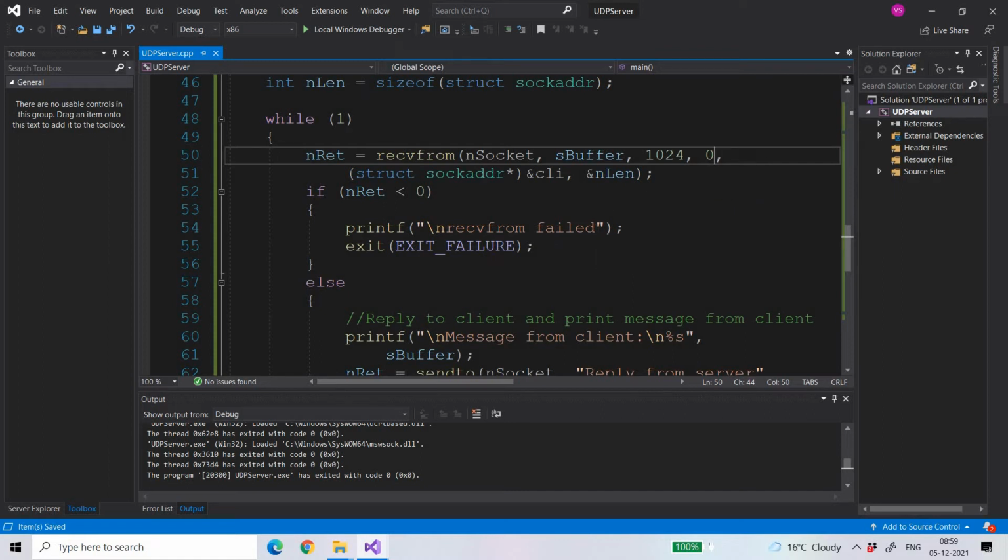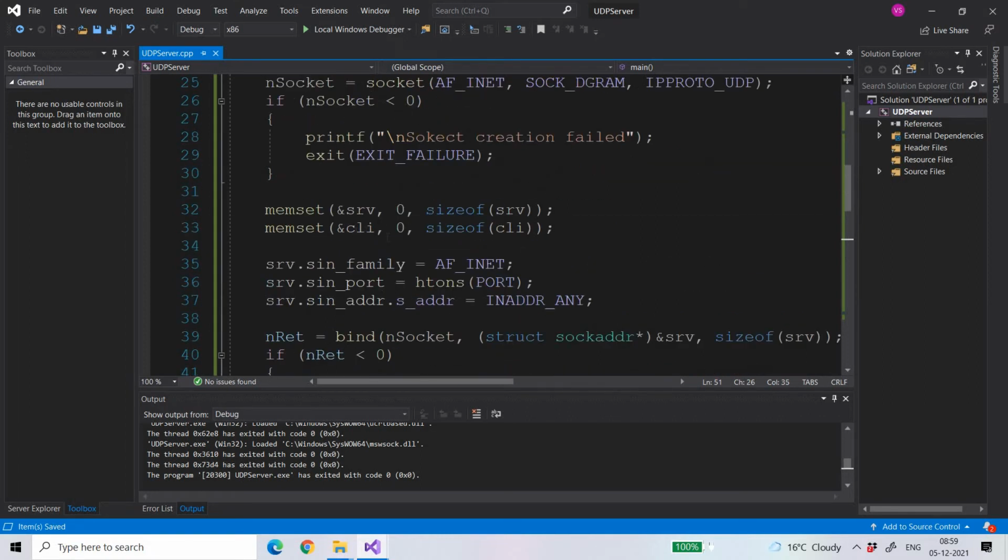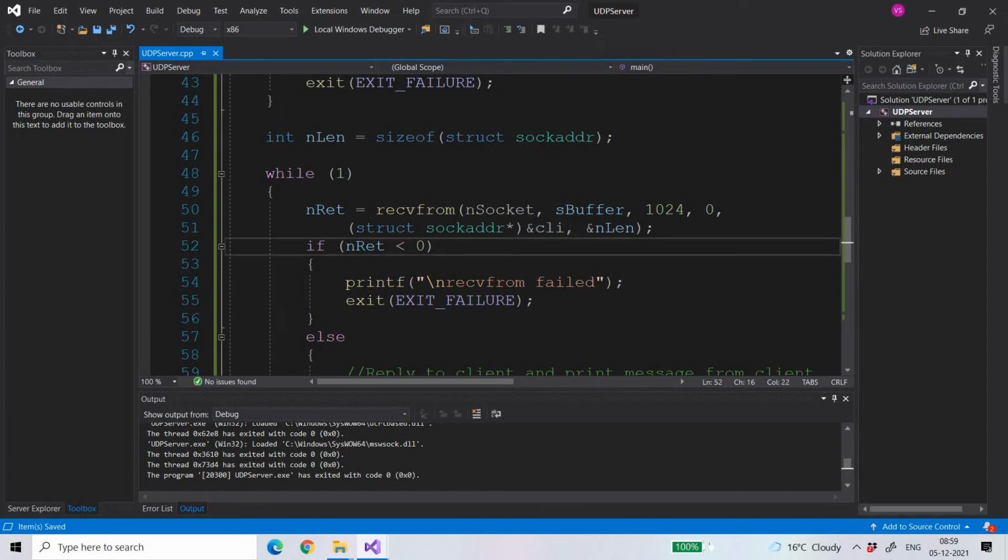And then you need to just mention the client structure, right? This CLI. Why do you have to mention that? Because this is the client structure where you will receive the information about the client. That means you will receive the information of the client, like what is the IP address, what is the subnet, and anything that you need to respond to the client, because you must receive it here, right?